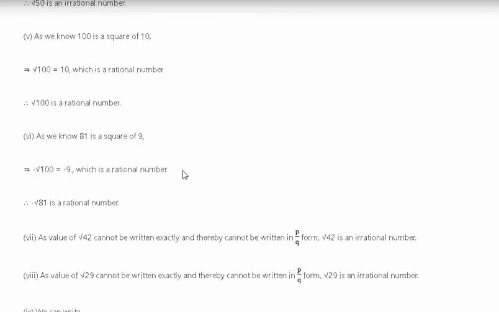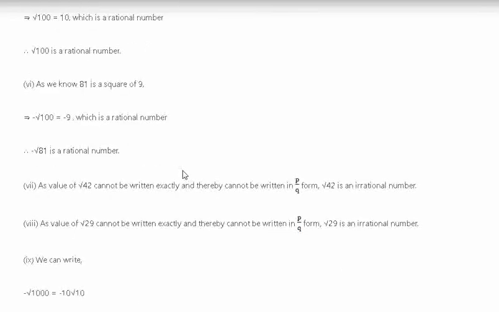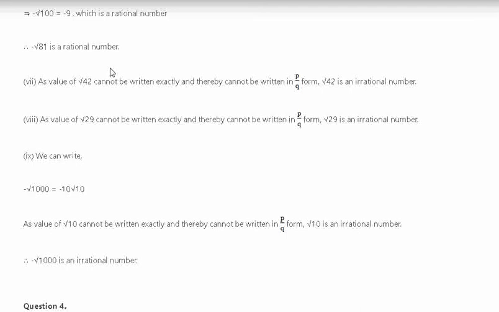Sometimes we do silly mistakes and thereafter we think about this. Okay, so now here we see minus root 81 is a rational number. Thereafter, the value of root 42 cannot be written exactly in the form p by q. That's why root 45 is an irrational number. As the value of root 29 cannot be expressed as p by q,